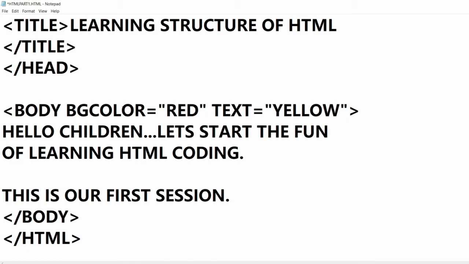So you save it, you can press Ctrl S or from file tab save and come to the browser window again. Now see, this is the web page which we have created just now. Even though we have made some changes, yes or no? Yes, we have made some changes, but we cannot see the changes. Why is it so? This is because of two reasons.